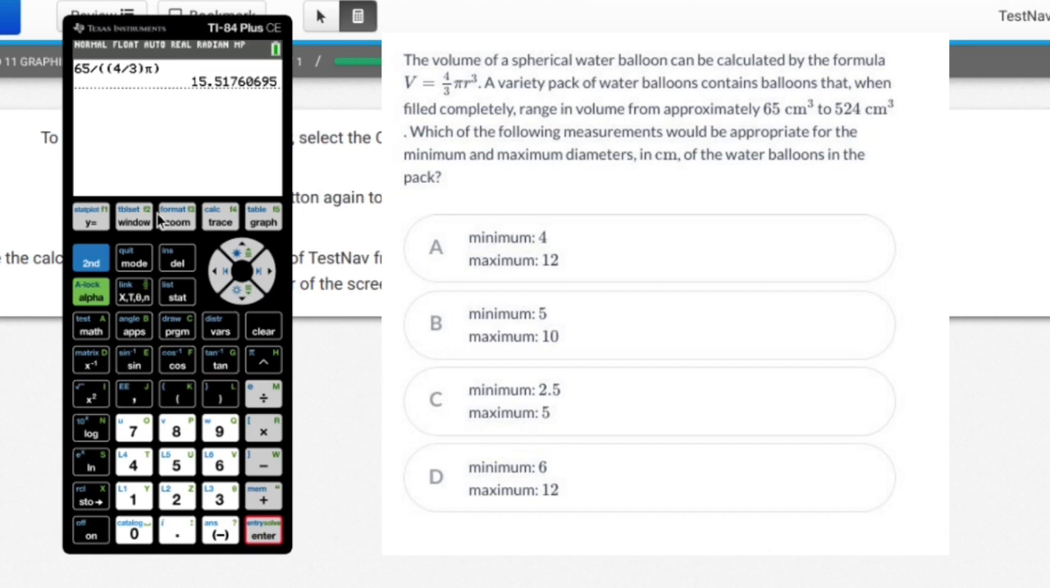I need to take the cube root of that, and I take the cube root by hitting Math 4, which is the cube root button. I don't feel like typing that number in, so I'm going to hit second negative symbol, and the cube root of that gets me 2.5 basically. Now my radius is 2.5-ish. They don't want a radius, they want a diameter. So in order to find the diameter, I multiply by 2, and the diameter that would give me a water balloon of 65 centimeters cubed would be 5 centimeters,